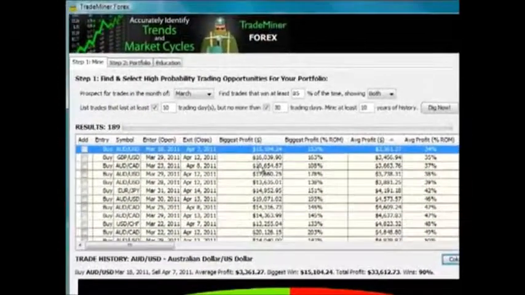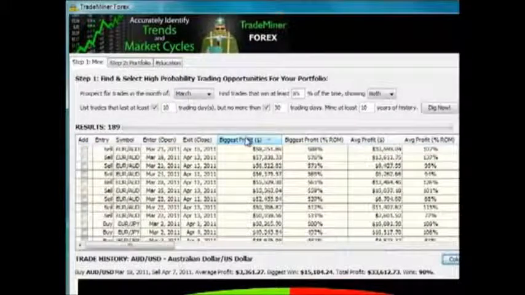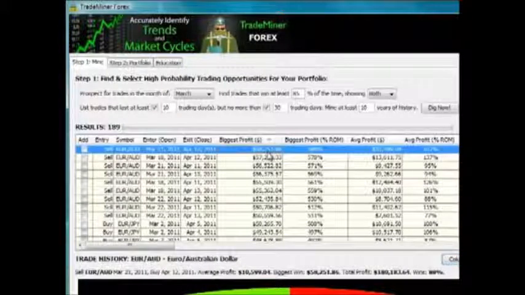We hit OK, and we can come in and again sort by these columns. We bring the biggest one to the top. We take a look at it. This one says biggest profits, and that sounds like a good one for our example right now. We're going to add a couple of these to our portfolio, and the way we do that